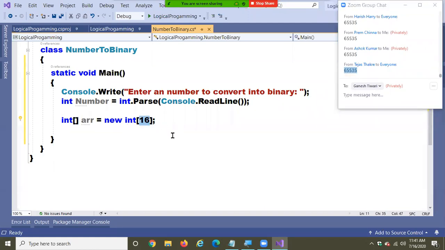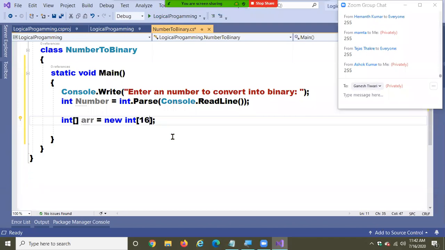If I say 8 here, what is the maximum possible value conversion possible? 255. If I say 16 here, 65,535. If you want to go beyond that value also, increase the size to 24, 32. I'm taking 16, assuming maximum 65,535.